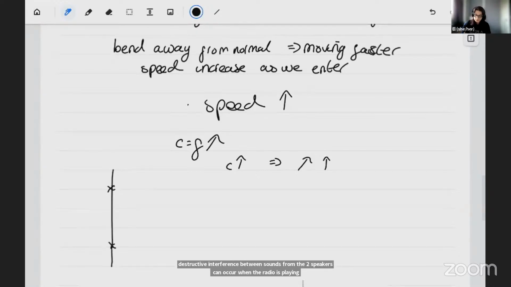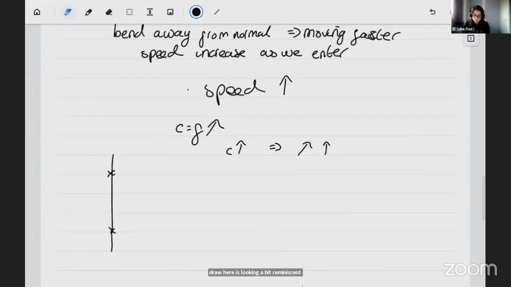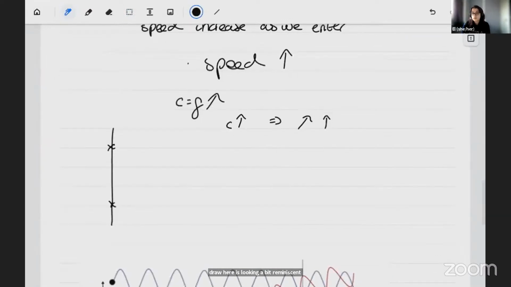So this diagram that I started to draw here is looking a bit reminiscent of Young's double slit, if you've seen that before, because that's basically what we're going to do here. That's what the argument is going to be for Young's double slit. We've just got two separate sources of waves, and we're just going to see what happens when they interact with each other. So we're going to have one,